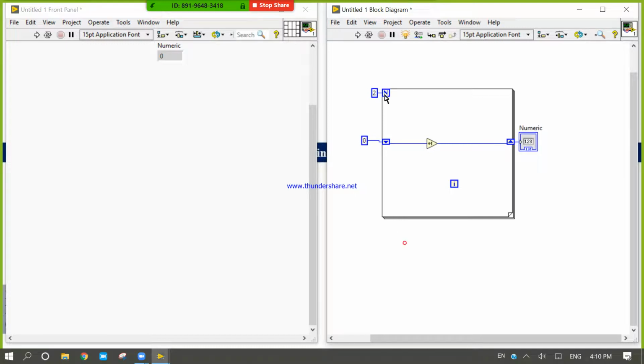What will be the output? First it will accept 0 because initializing 0 plus 1. Now it is dependent on this 0 plus 1, 1. Again it will come 1 plus 1, 2. Let's see output. 0 plus 1, 1. Now it comes 1 plus 1, 2. Okay, let's change it to 4. Let's see. 0 plus 1, 1, 1 plus 1, 2, 2 plus 1, 3, 3 plus 1. Use the wait function for timing, yes, if you want to use delay.